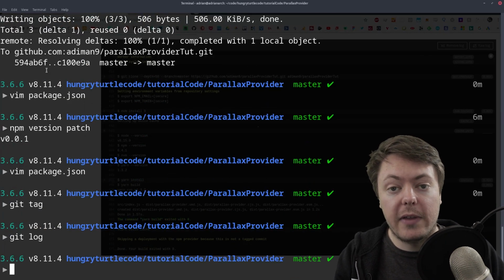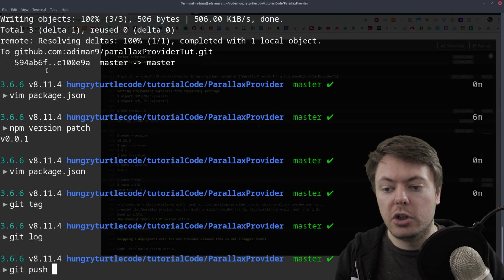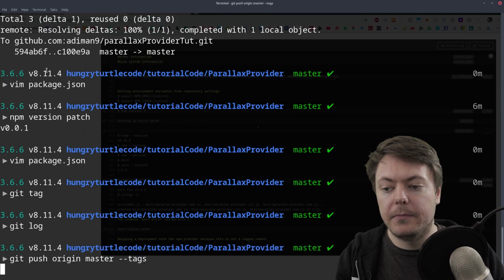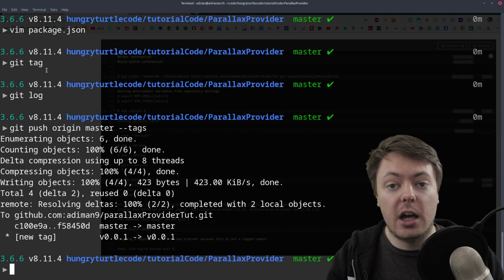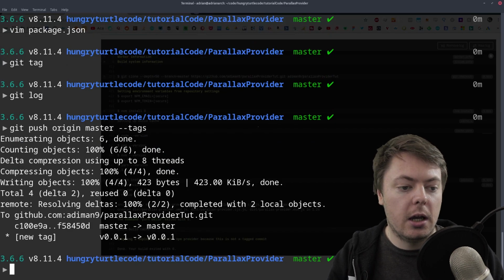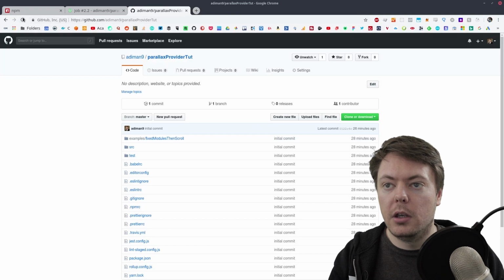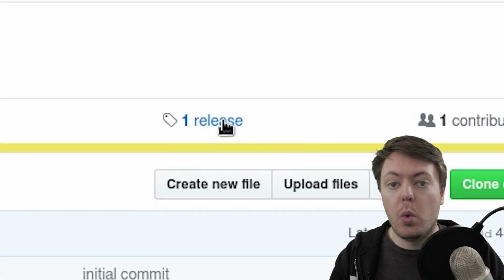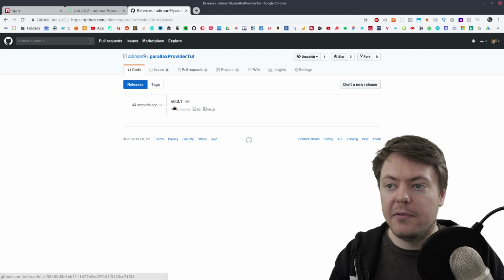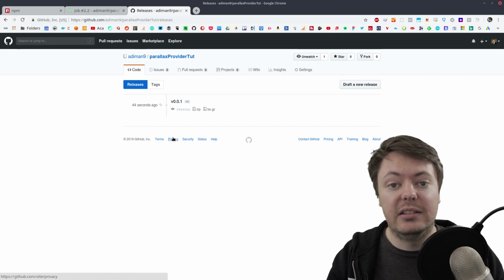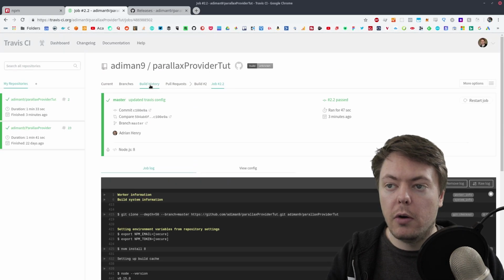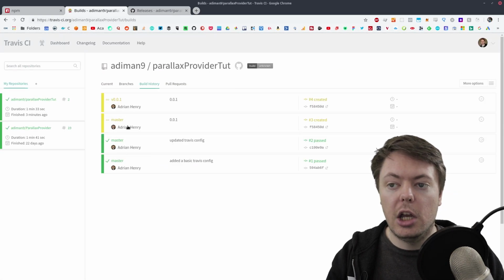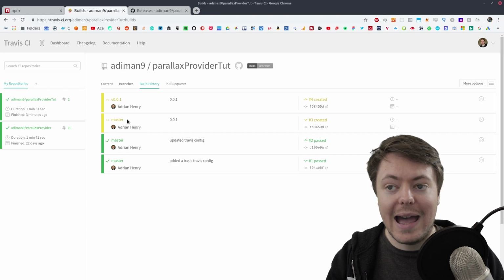So now we want to push all of that to GitHub. So we'll say git push origin master --tags, and it will push the new commit and the tags up to GitHub. And if we head over to GitHub, we can take a look at what that's done. We refresh the page. We now have one release, and if we click it, we have v0.0.1 as a release on this repository. And if we come into Travis, go over to build history, we can see a new build has triggered for master and a new build for